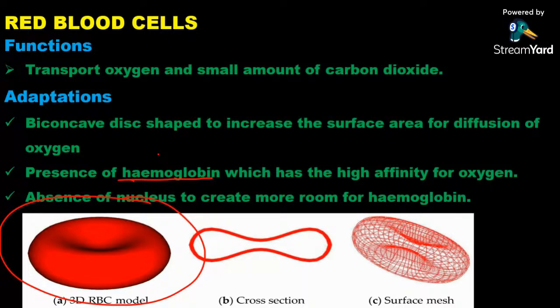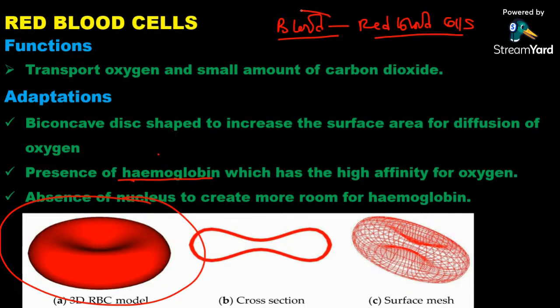Okay? That is very important to understand. So you need to know that. Then, of course, you need to know they are found in blood, in the blood vessels. So let us just say in blood, that is where you find red blood cells. And of course, as we look at cell organization, blood we are going to classify as a tissue because it is made up of cells. So blood is a liquid tissue.